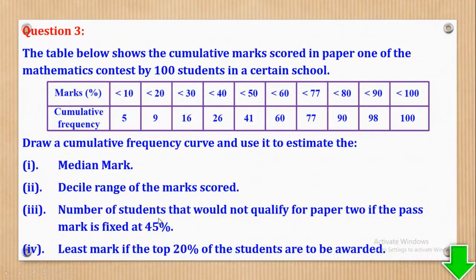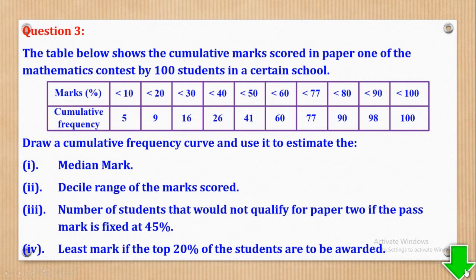Roman 3 said the number of students that would not qualify for paper 2 if the pass mark is fixed at 45%. Now remember, marks are these classes, so this 45 is under the class boundaries and the number of students will be under the cumulative frequency. Therefore, what we are going to do,